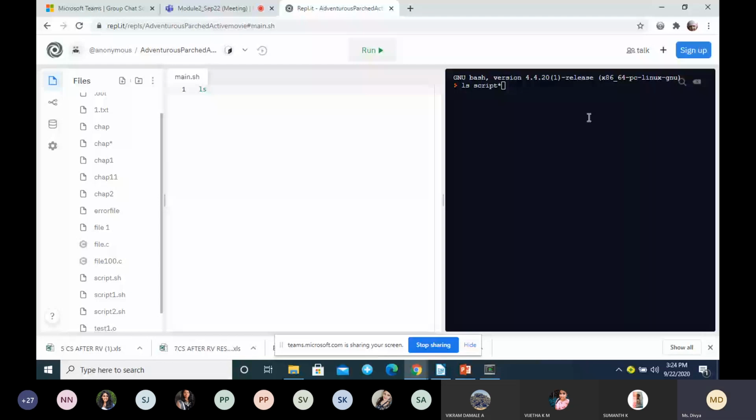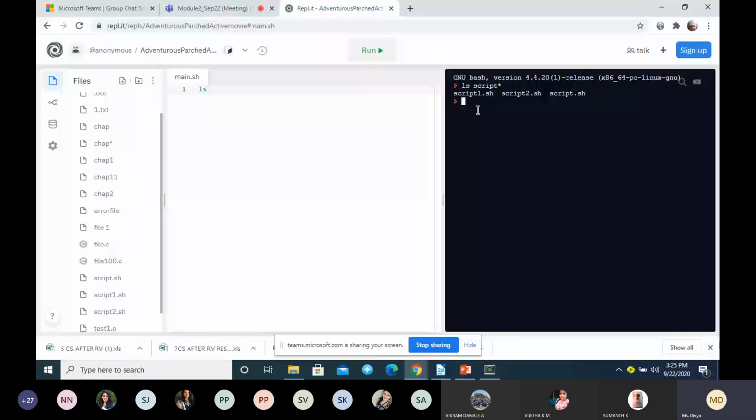Star indicates 0 or more characters. So after script I can have 0 or more characters. It can be just script, script1, scriptABC, script111, or script100. So it matches 0 or more characters.